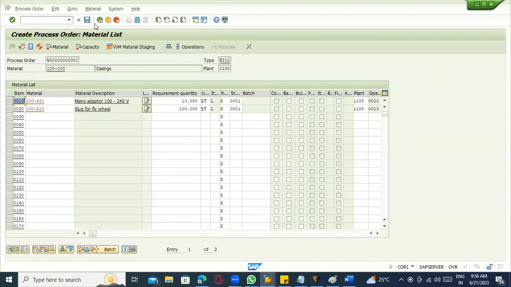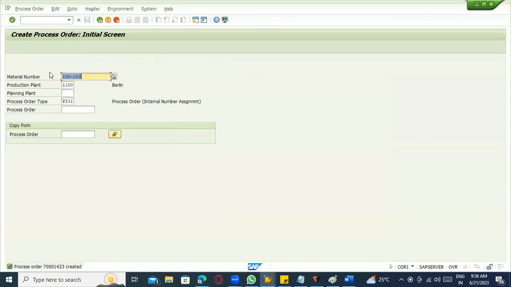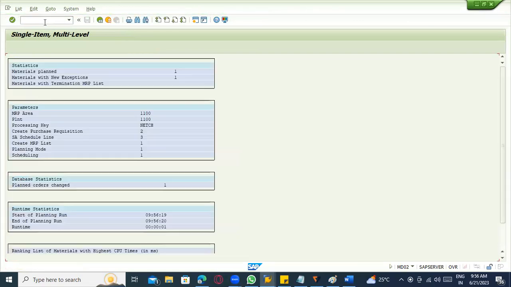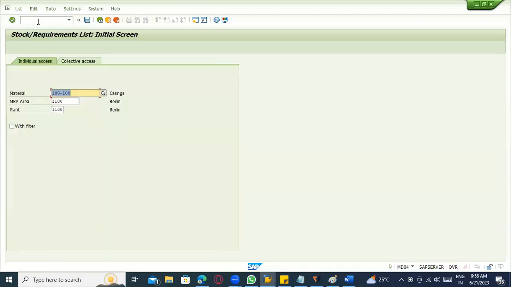So all these things the system will be checking here. Because if the stock is not available, then what will happen? Again for those components the system needs to run to get the stock, right? So if I go to MD04, if I run MD04,